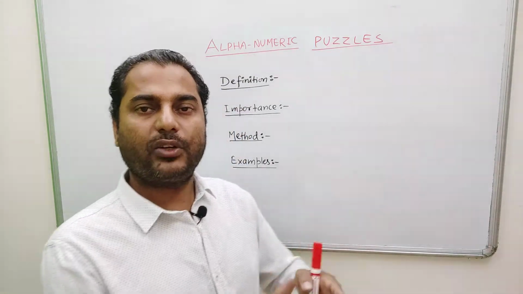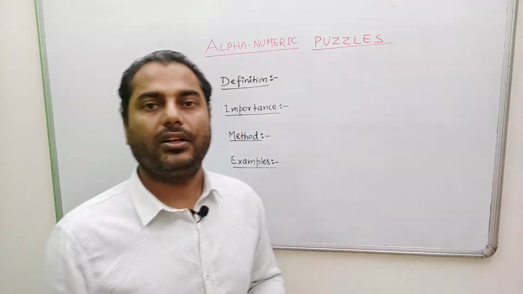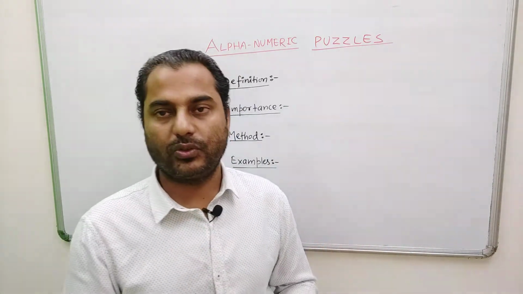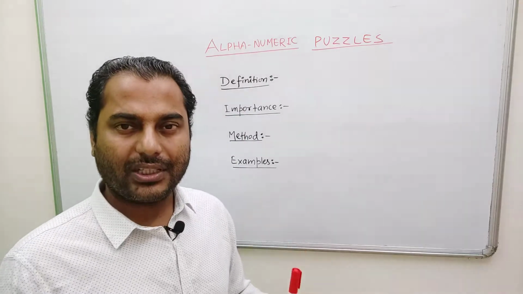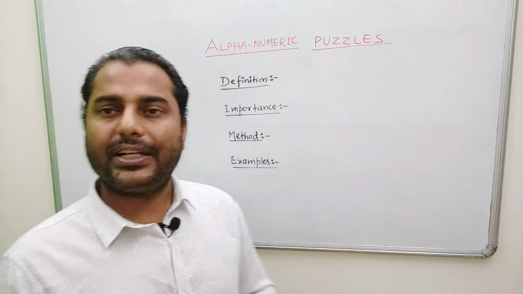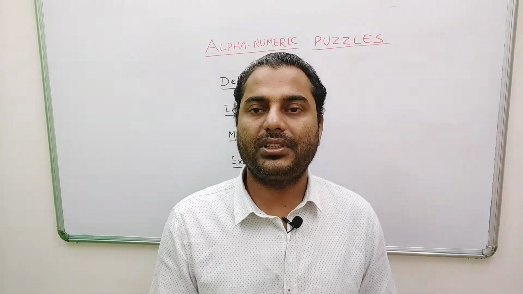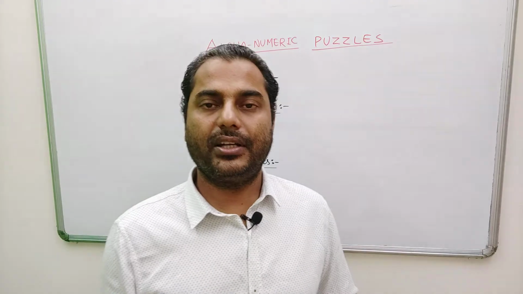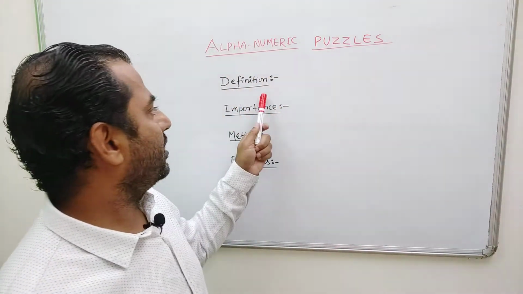Most of the time you will find only alphabets in the question, but you should not be surprised if you find some alphabets having some numbers also. Numbers means mostly digits from 0 to 9 that will be used. Even if it is only alphabets, they always represent digits from 0 to 9 and none of the alphabets gets repeated.